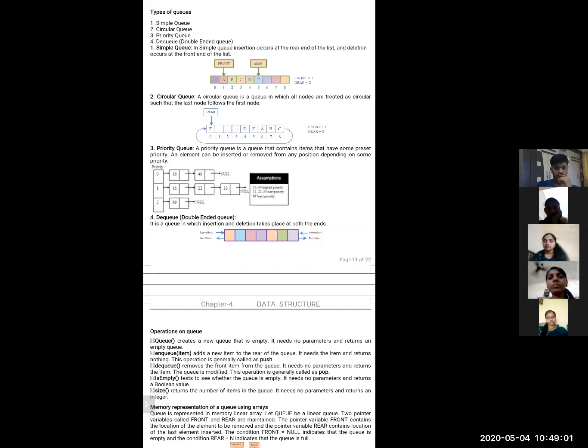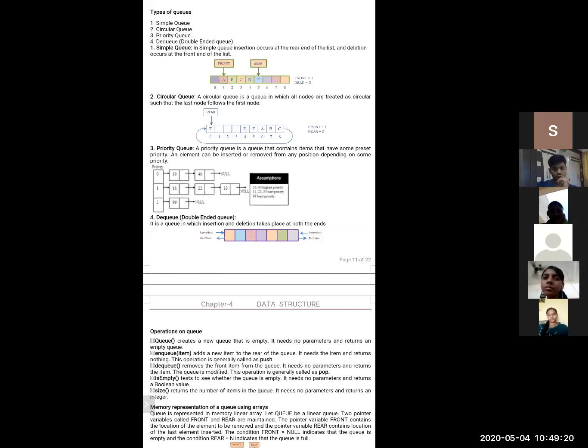Priority queue. The diagram is important. 0, 1, 2 are there, then 30, 11, 99. These are just examples, they are not constant. You can write any values here, right? So, the priority queue is a queue that contains items that have some preset priority. Preset means we already know where we want to insert and where we want to delete. An element can be inserted or removed from any position depending on some priority. Is it clear? Then, the last one,